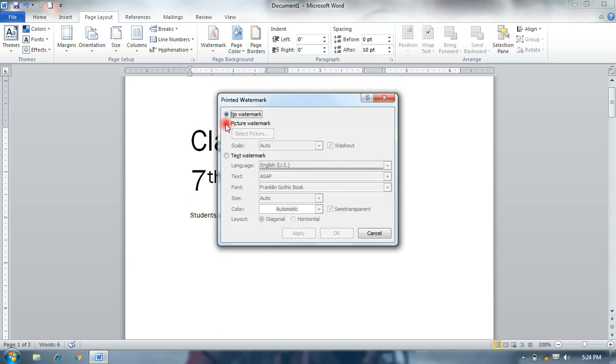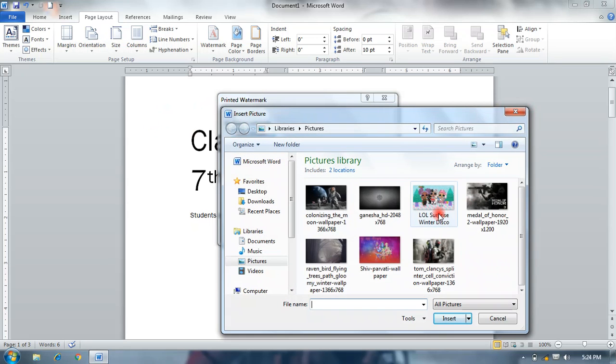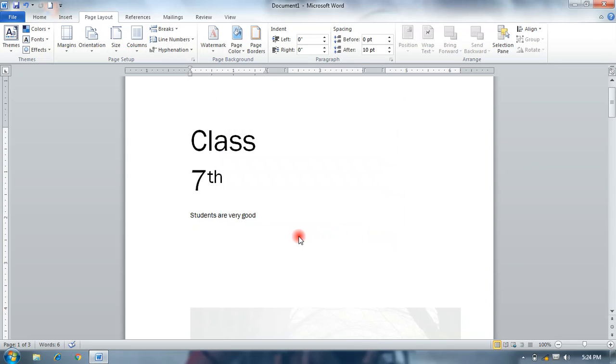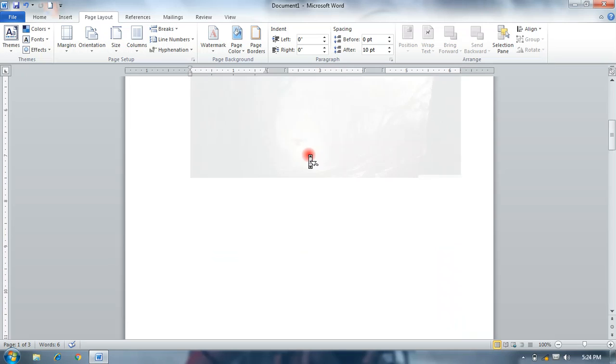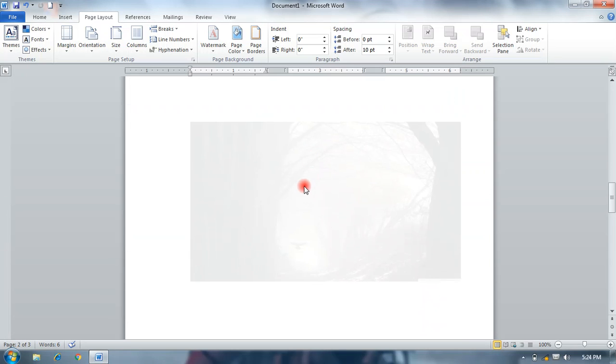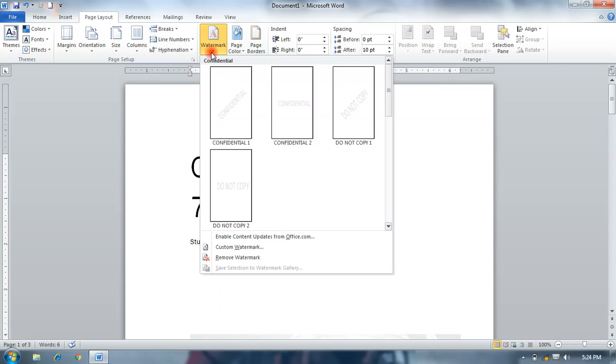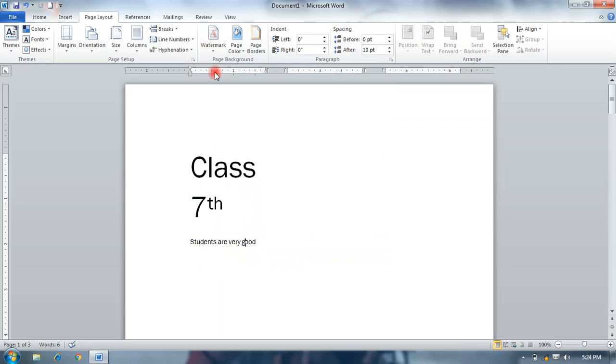And if you select picture watermark, then you select any picture from your system, and it is applied as a watermark, it displays. Okay, if you remove watermark, it removes.